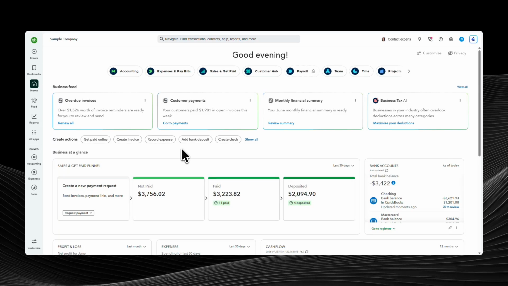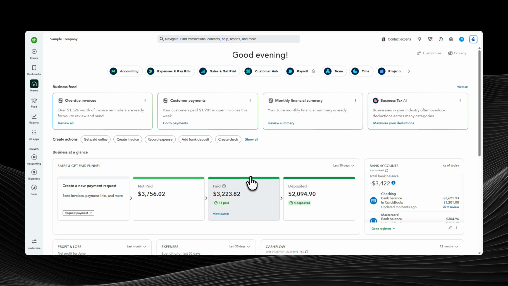In today's video, I'm going to teach you how to add or remove category and description from your invoices in QuickBooks Online. If you want your invoices to show a little more detail or you'd prefer a cleaner, simpler layout, QuickBooks Online gives you the option to control whether the category and description fields appear on your invoice template. This is a useful customization because it changes how information is displayed to your customers, while still letting you keep